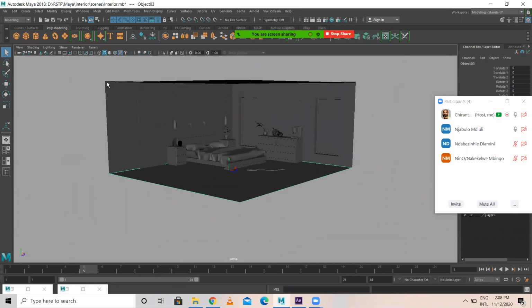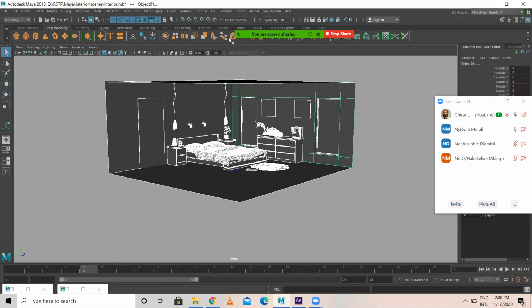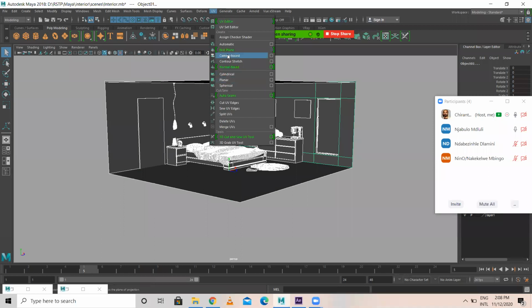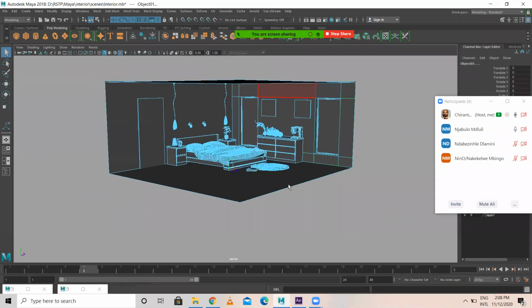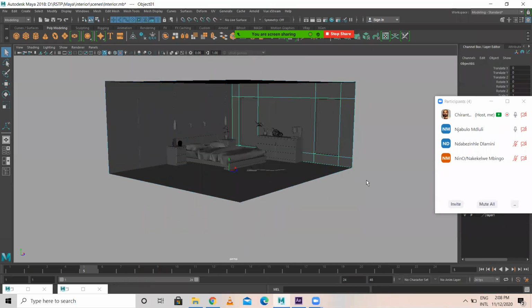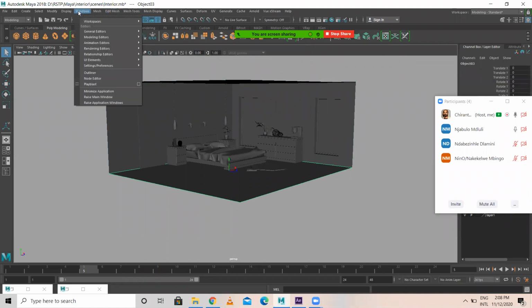Now what I'll do, already I have done the mapping and all for this, but for time being, I'll cancel all the mapping by just giving automatic mapping. Now how to see the mapping? Here, the UV texture editor is there. The texture editor will be there under rendering, Hypershade, light editors.